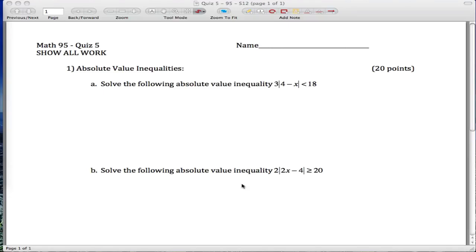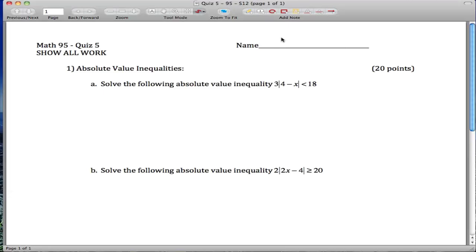All right, here are solutions to quiz 5 for Math 95. What we're doing here is very similar to this week's perfect problem, just asked to solve absolute value inequalities. Here's the first one. The way we solve this first one is we first